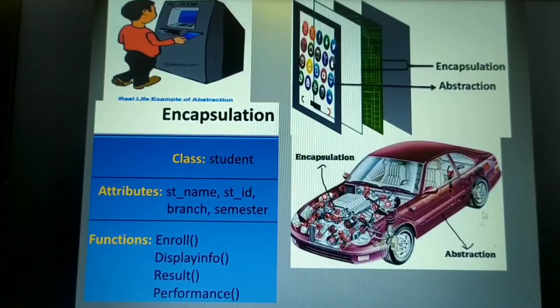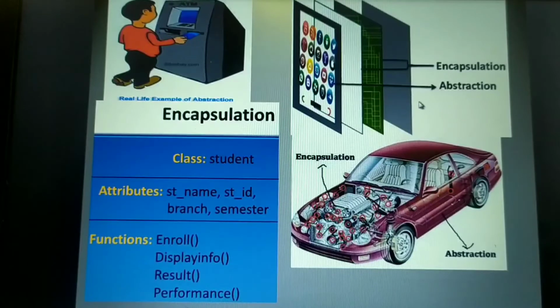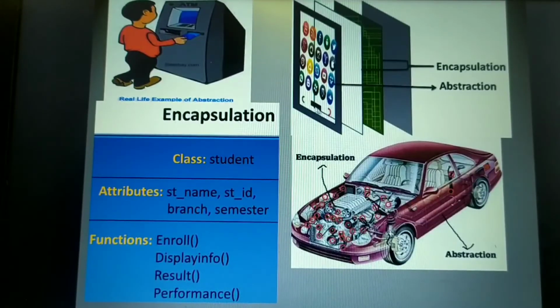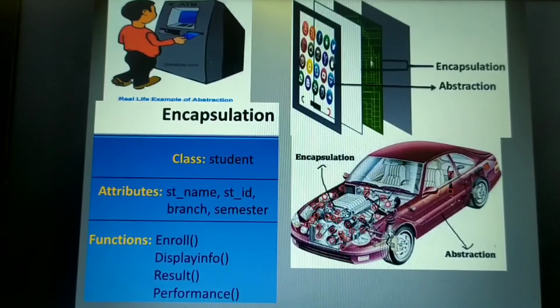Look here in this image, another example. See, this abstraction is representing only the essential features to the user. So this is a mobile device, only the essential features it is displaying to the user, and it is completely hiding how the mobile circuit has been designed. This process is nothing but abstraction. And what is the process of encapsulation? This is the data, right? And the member functions, what all actions are to be performed, are behind. So all the data members and member functions are being encapsulated in a single unit known as the mobile. That is nothing but encapsulation.